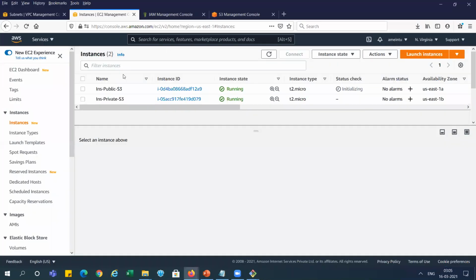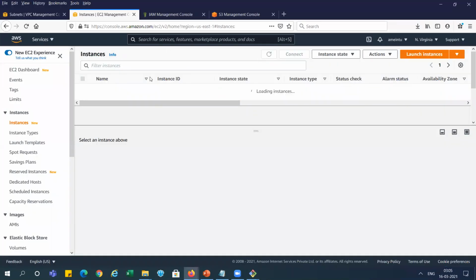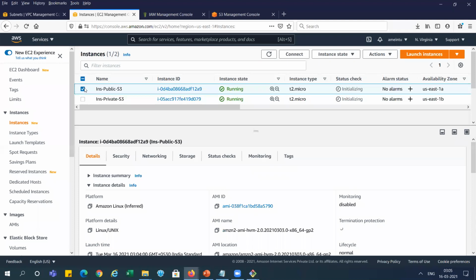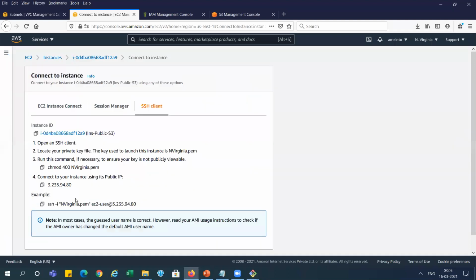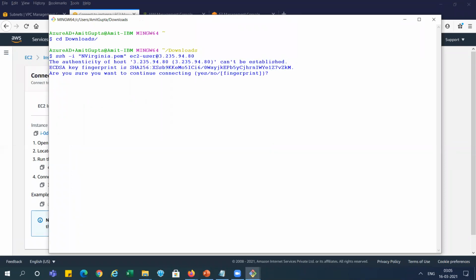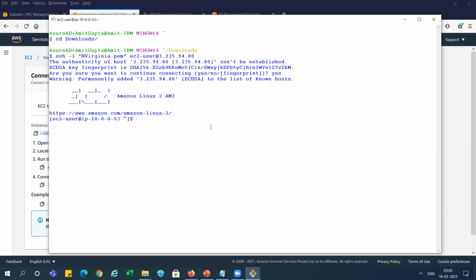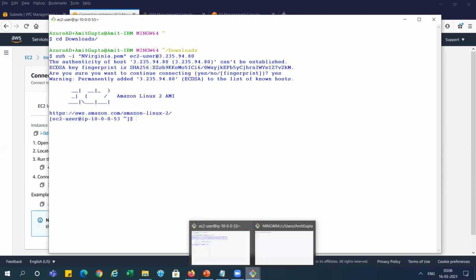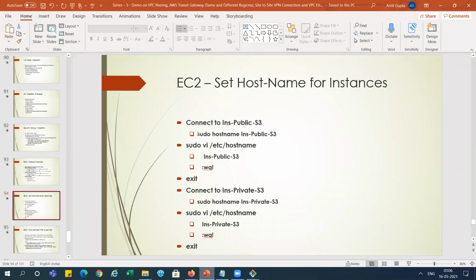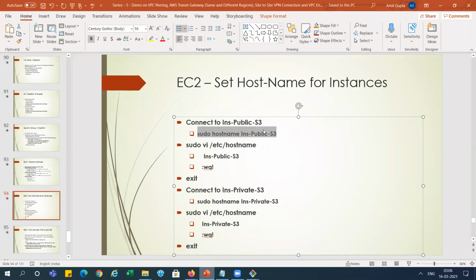Now I need to connect with these instances. So first I'm connecting with the public instance. This is connected, right? So I will go there and I will run this command for the public instance. I am changing it to public S3.